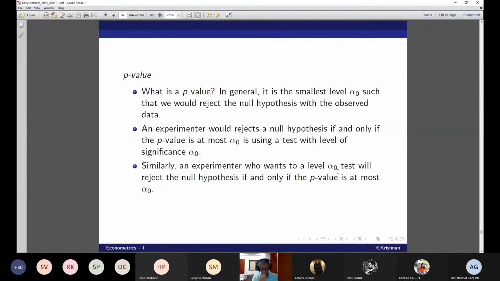Yeah. Let me put it this way. I fixed alpha 0 level to be 0.05, but after doing the experiment, my analysis tells me it should be 0.0227. That means I fixed it at 5%, but the experiment tells me 2.27% only. In other words, I want 5 of the experiments to go wrong out of 100, but the analysis tells me only 2.27 of the 100 experiments can go wrong. So what does that mean? What does it mean in terms of significance?